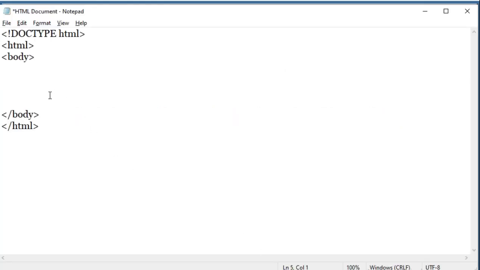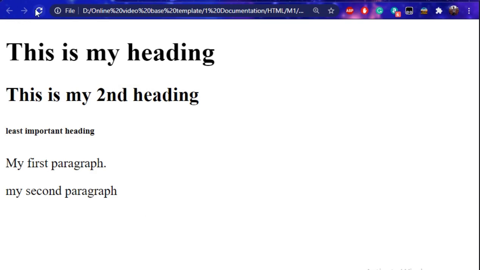Suppose I want to go to google.com by clicking a link. So I'll write a href equals google.com. Then I'll close this bracket, and the content I want to write is "click here to reach Google". Then you close this tag, which is /a. Okay, you save it and run it.